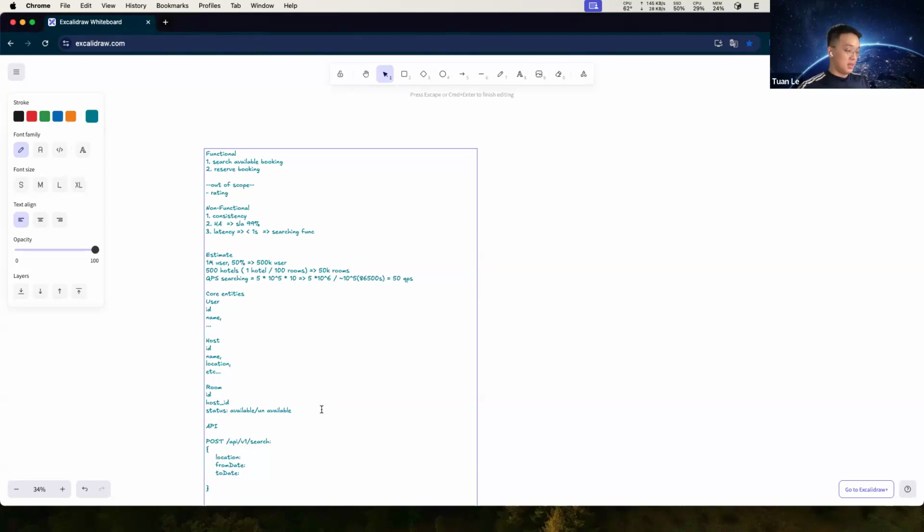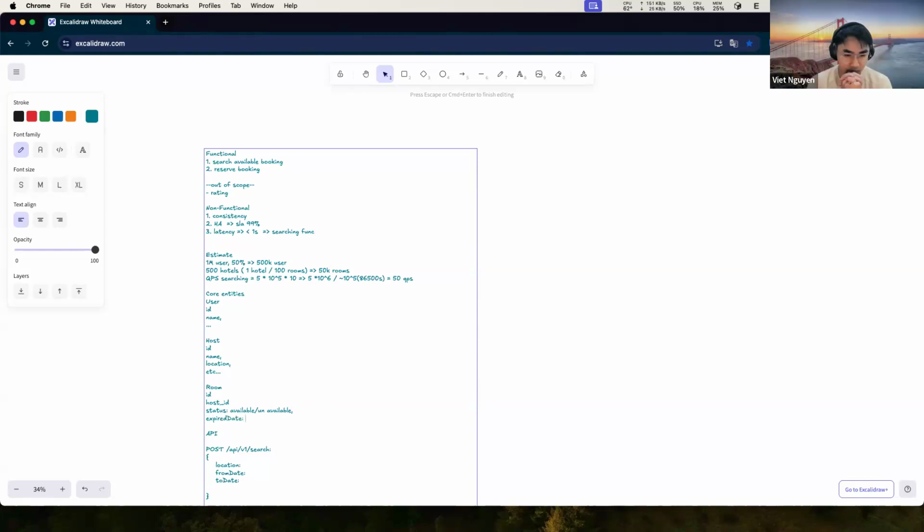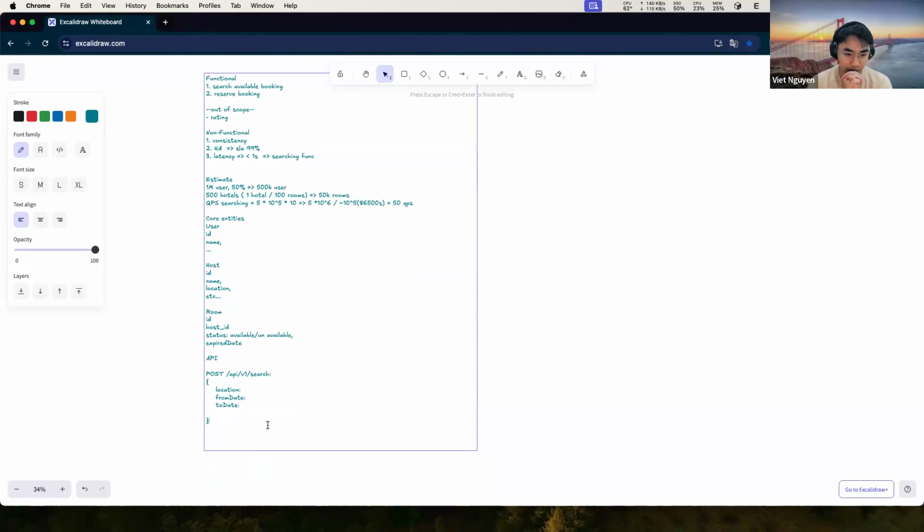Because we search from date to date, in this room we should have the expire date for the reserve. Later we can talk more about how it works when we integrate everything together.